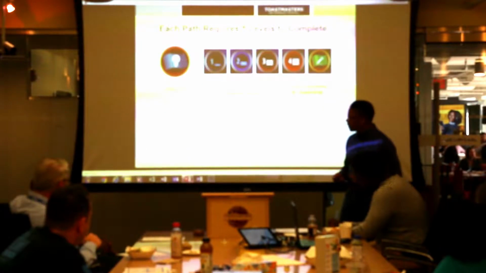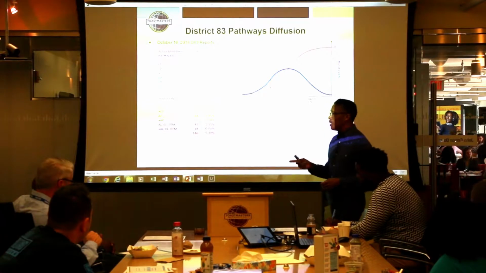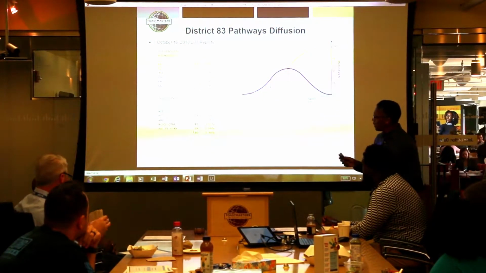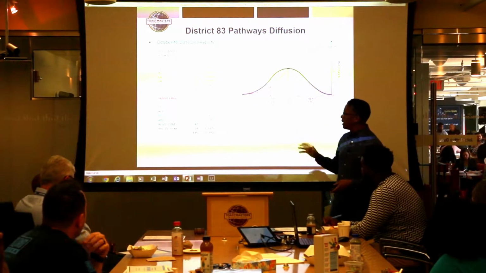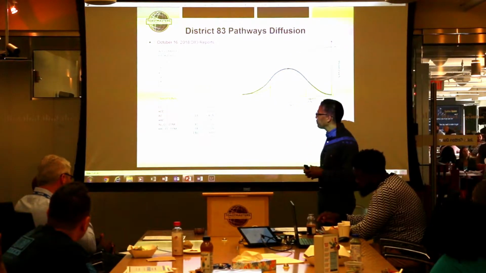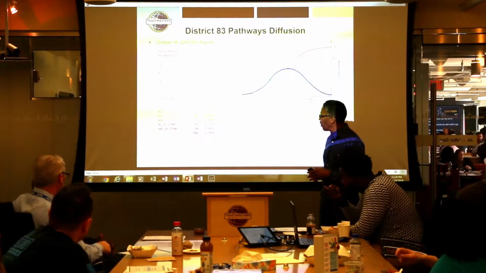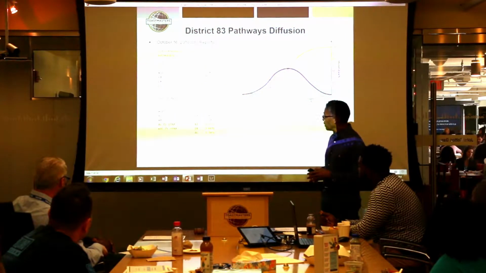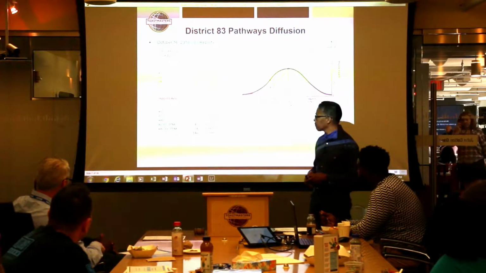So going back to my original question, how are we doing? Well, as of October 16th, in a review of all the District 83 reports, what we see here in front of us represents 2 programs: the traditional program at the bottom and pathways at the top. Out of 2,709 active members in this district, there are 18 level 1s. There are 3 level 2s. And there's actually 1 level 3.